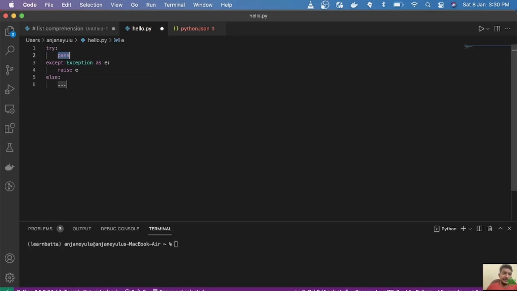So we can see that pass is selected, and if we press backspace it will remove that word and we can write variable equals 100 or something, and then if we press tab it will take us to the next cursor position that we have defined.